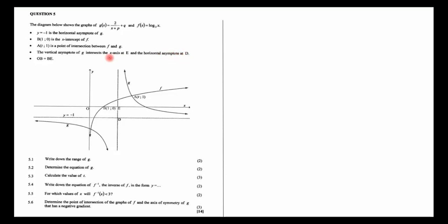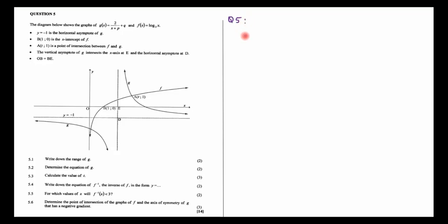Alright, so here we are given these instructions and then we are given this diagram. So this is basically what we call interpretation. Interpretation means we're going to be looking into this diagram and this instruction to find the equations of g and f, and to also answer other questions that they might ask us. So the first thing you always need to do before you can actually answer your questions is to make sure that you identify the equations or the functions that you're given, and also take out their qualities